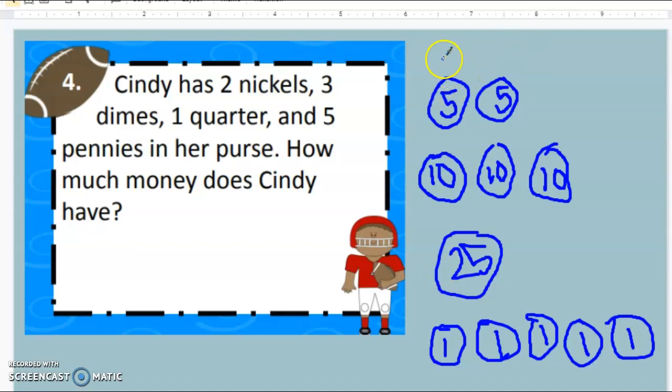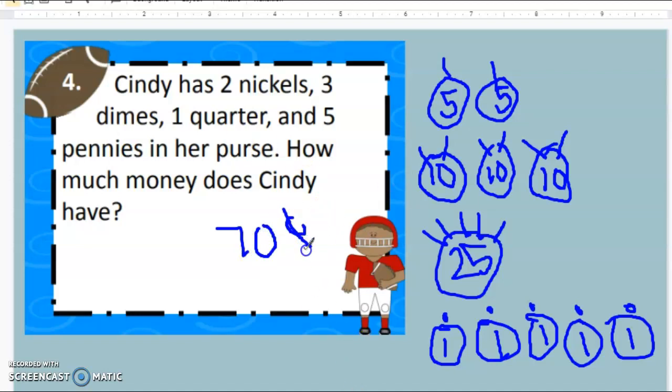So let's count them. 5, 10, 15, 20, 25, 30, 35, 40, 45, 50, 55, 60, 65. Now remember, this is just 1, so this was 65, 66, 67, 68, 69, 70. She has 70